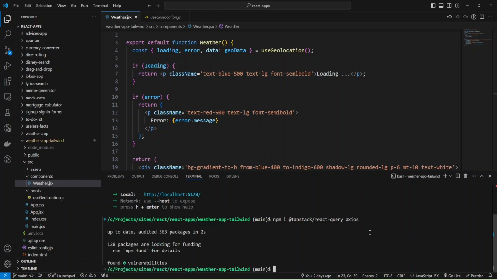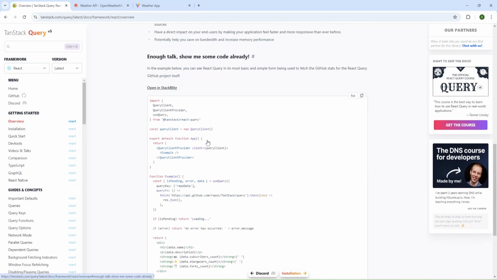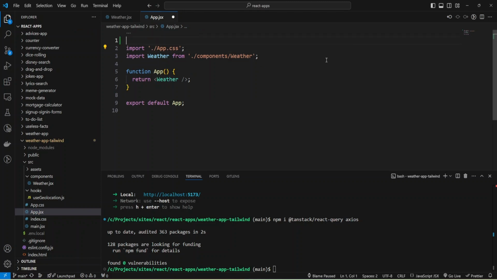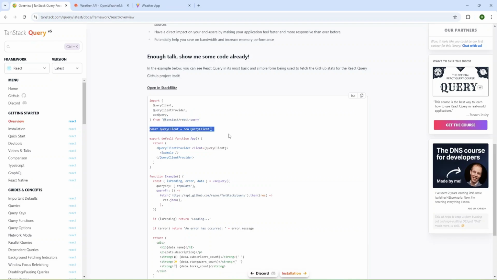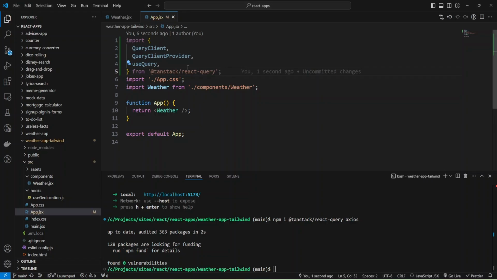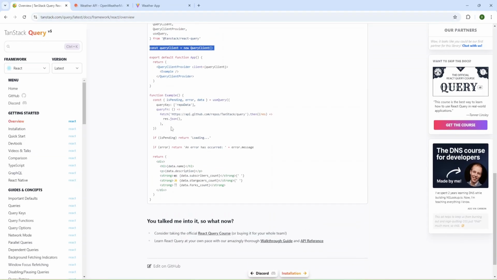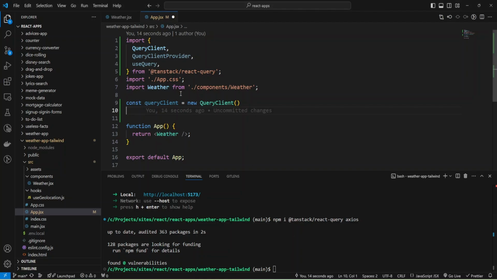And now I'm going to open up JSX and go to docs and copy this import because we need to create client. Now I can create query client and use it in my application. I'm going to add it here.